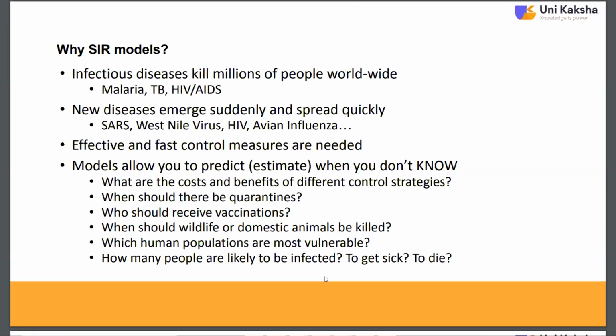So these kinds of predictions can be done with the help of the SIR models. So that is the feature of the SIR model. That's why we can use this SIR model for this particular case study of COVID-19. Next slide, please.